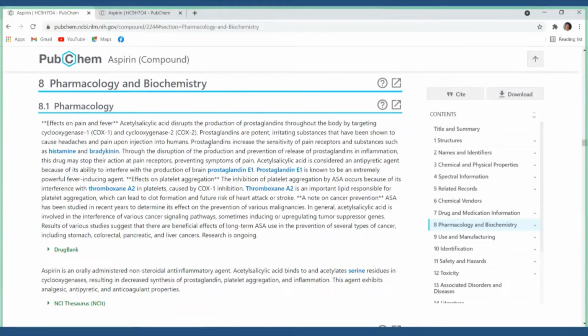Right. So this is the pharmacology and biochemistry. If you want to read more information, prostaglandins are potent irritating substances that have been shown to cause headache and pain. Most of the time when we have headaches, it is because prostaglandin is a hormone that is being released. And when prostaglandin is being released, there is headache, there is pain in the body. So what aspirin does is to go and inhibit these two biological targets, so that there won't be production